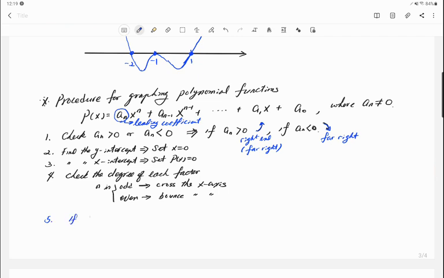If the degree of the polynomial is odd, then the far left and the far right have different directions. Always keep this in mind. So far left and far right, the direction